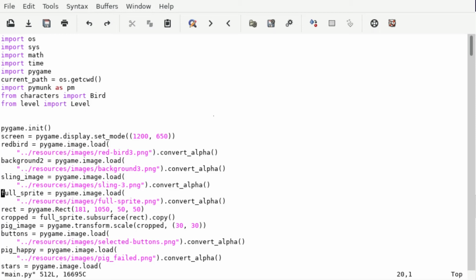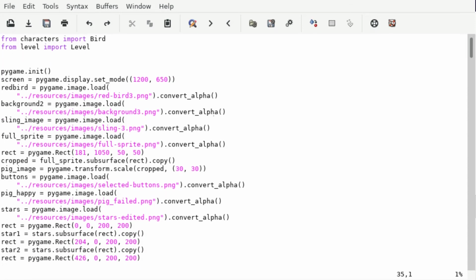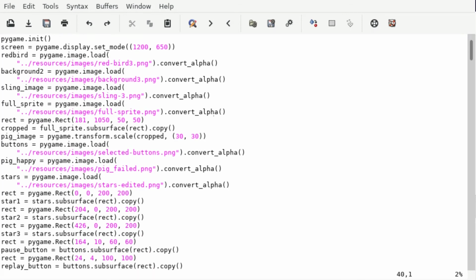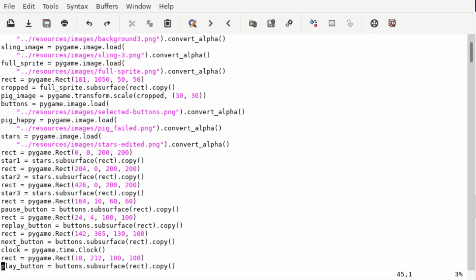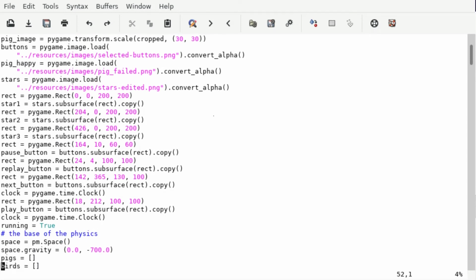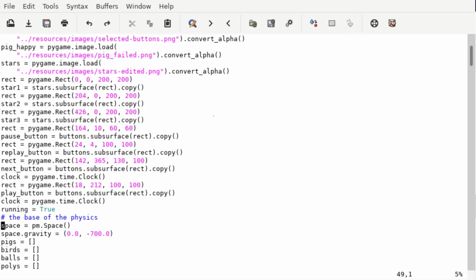What we're going to find out is that all of this is just loading images, drawing things, right? All of this is involved with setting up the game UI. This is the physics. And the only things we're actually specifying is we're specifying space gravity,